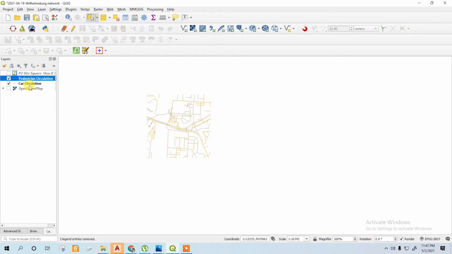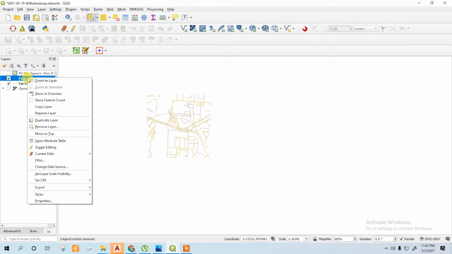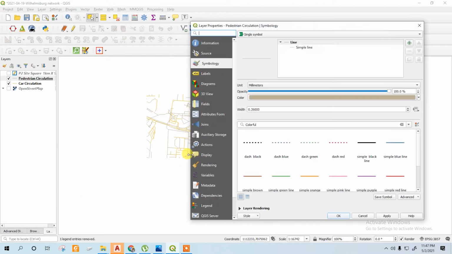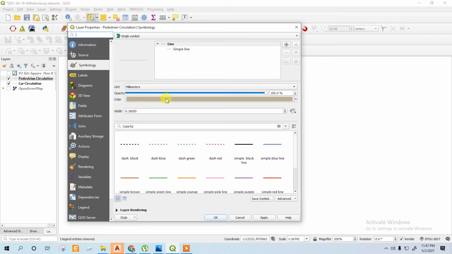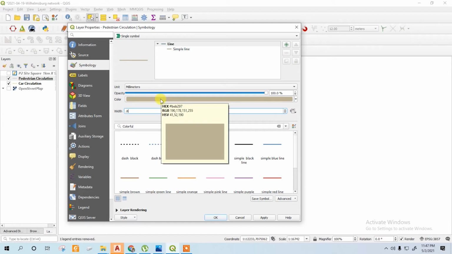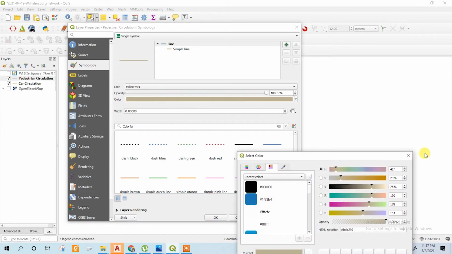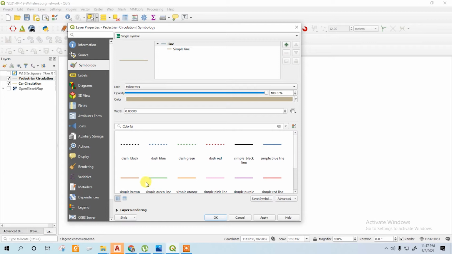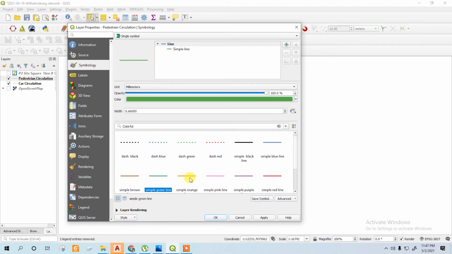Now we have only two layers, pedestrian and car circulation. I will make it more visible. Just right click, properties, give the value 0.8 and color, let's choose a visible one.